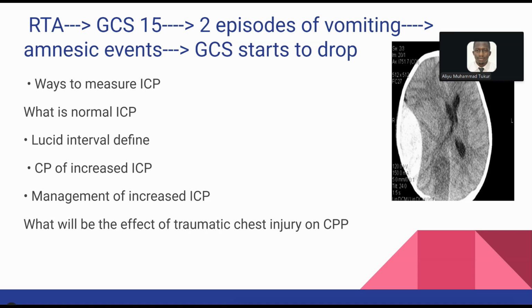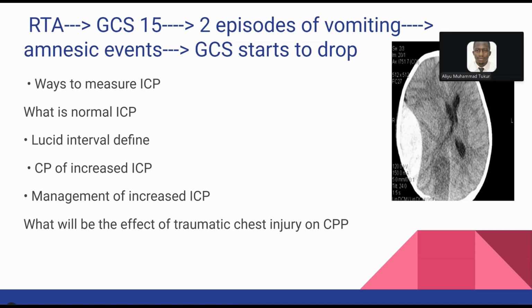This can be done by preventing hyperthermia, preventing hypo- or hyperglycemia, and preventing restlessness, maybe by giving